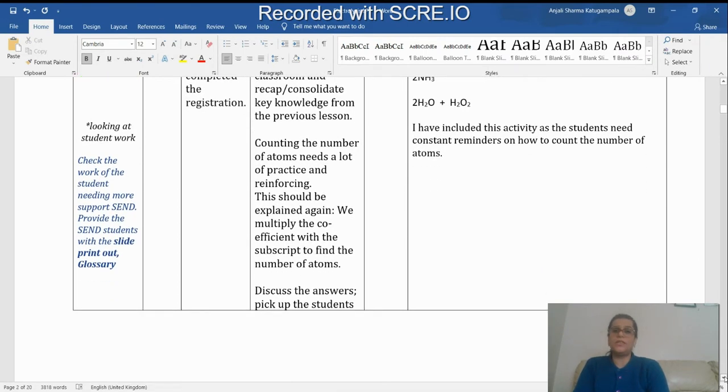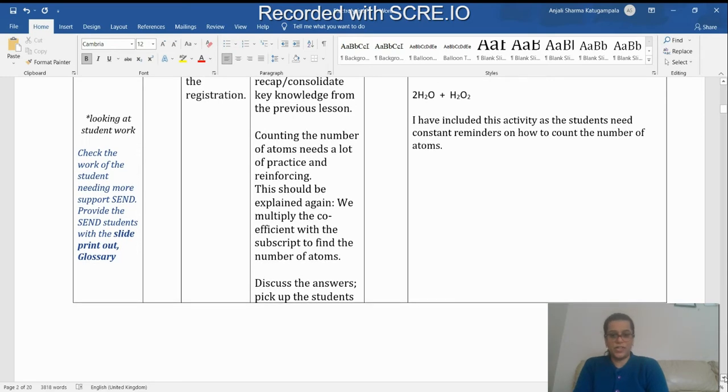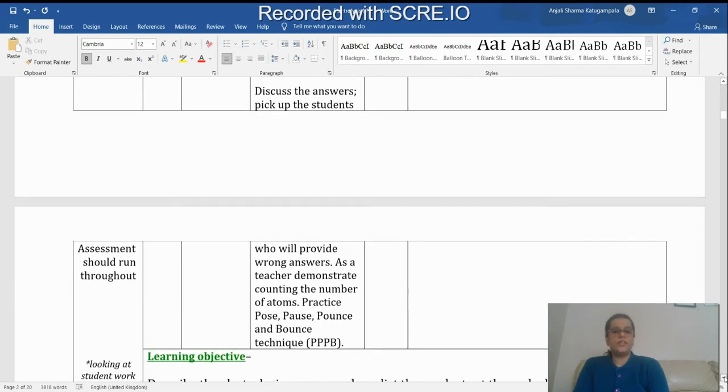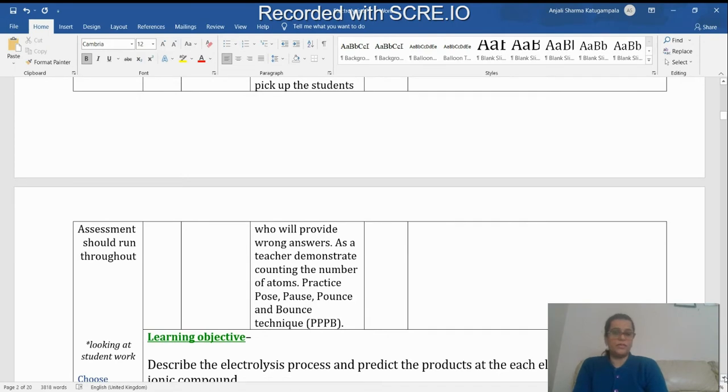So I know counting the number of atoms is a difficult skill. In fact, they struggle to understand symbols. They struggle to understand the numbers, the subscript and the coefficient concepts. So constantly it needs reinforcing. You need to keep checking their work by questioning them. You can choose the students who are going to answer how to count the number of atoms. You can use the lolly stick method to choose your students. You can practice the pose, pause, bounce, and pounce technique